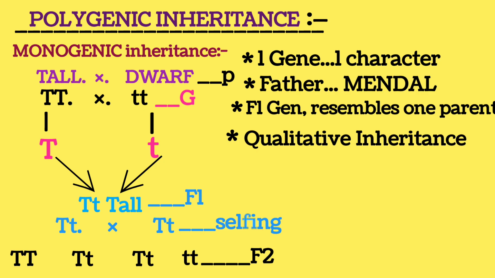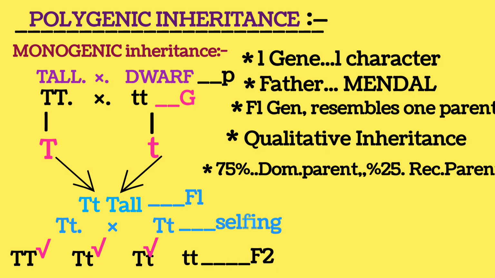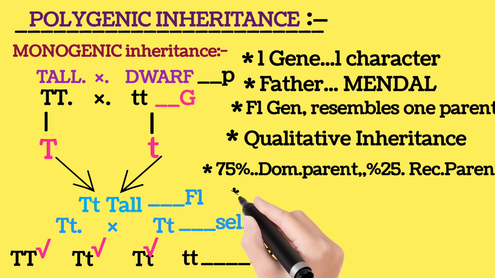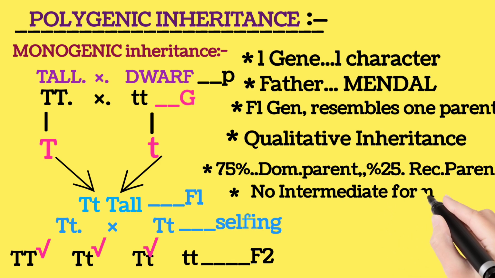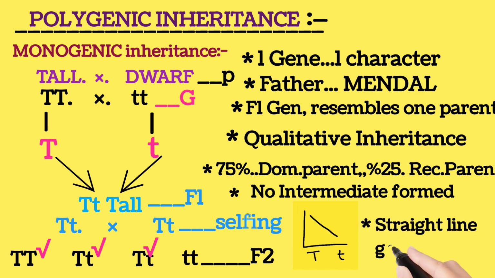See towards the F2 generation. Here total tall individuals are 3 and 1 is dwarf. So we can write here that the total amount of dominant parent is 75%. Recessive are only 25% in the form of dwarf. Here we can write that no intermediates are formed in monogenic inheritance. The graphical representation of monogenic inheritance shows a straight line. That is, when we plot a graph between tall 75% of individuals and dwarf 25%, we get